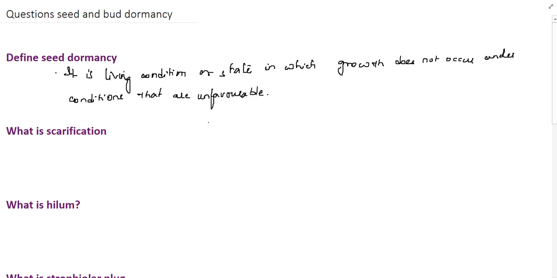Next is, what is scarification? The best example you can take is gram seeds. They will not germinate but they are still alive. When they get water, when you imbibe the gram seeds, they show germination. But when you buy them from the market, they are very dry. Does that mean they are dead? No, they are still alive, but in the dormant stage because the environment is not favorable for their growth. Under what condition will the environment become favorable? When they get lots of water. When the seed soaks water, the seed starts germinating. That means it starts showing growth.